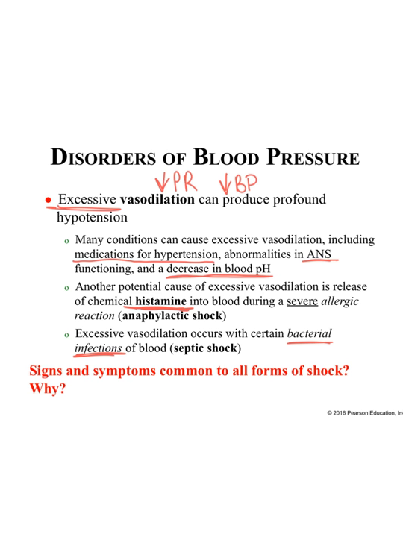Excessive vasodilation, if that occurs because of a bacterial infection in the blood, then we call that septic shock. So the signs and symptoms of all types of shock would be low blood pressure. The person's going to feel fatigued, tired. They might be confused. They might lose consciousness. It's all going to be the same. You might even have an increase in heart rate trying to overcome this, because in all situations, the blood pressure is too low. So your nervous system, endocrine system, and urinary system are all going to try to bring blood pressure back to the proper homeostatic range.